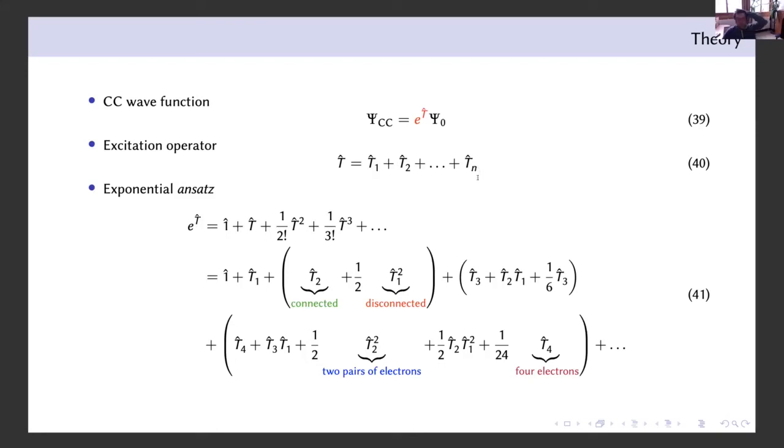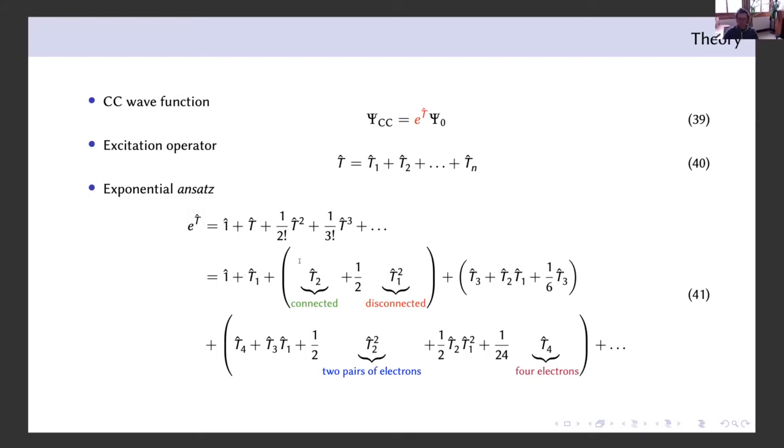Thanks to this, you're able to generate all the corrections up to infinite order. If you do a Taylor expansion of exponential T, you recover one, T1, which is the single excitation,